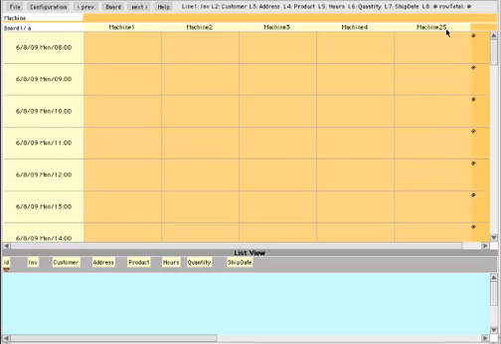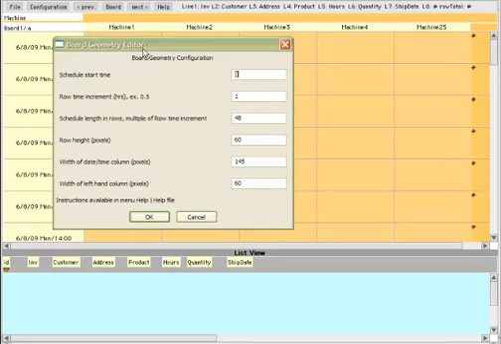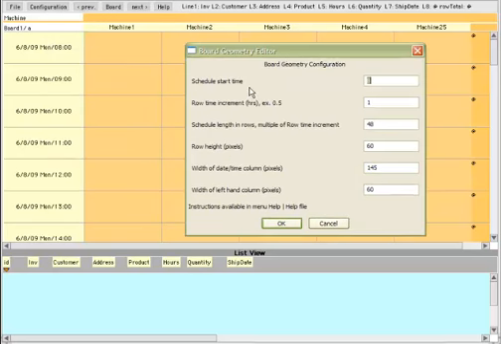The next thing is change schedule layout. The first parameter is schedule start time. So for each day, you can specify what the beginning of the schedule will be. 8 means 8 a.m. The timing works on a 24-hour clock. Okay. The next part is row time increment, and what that means is how much time is taken up with